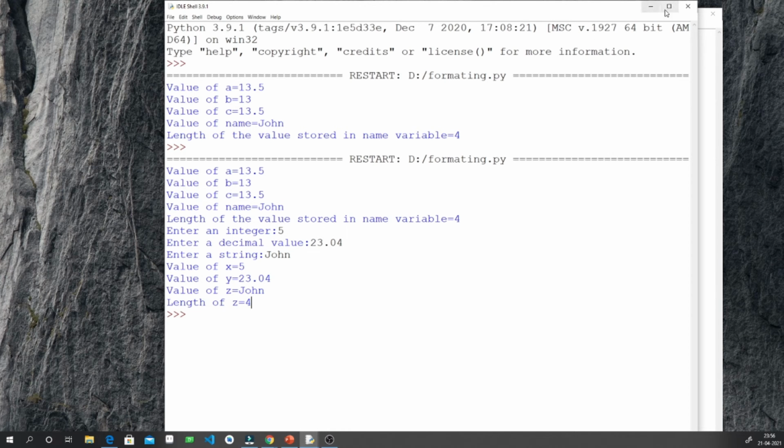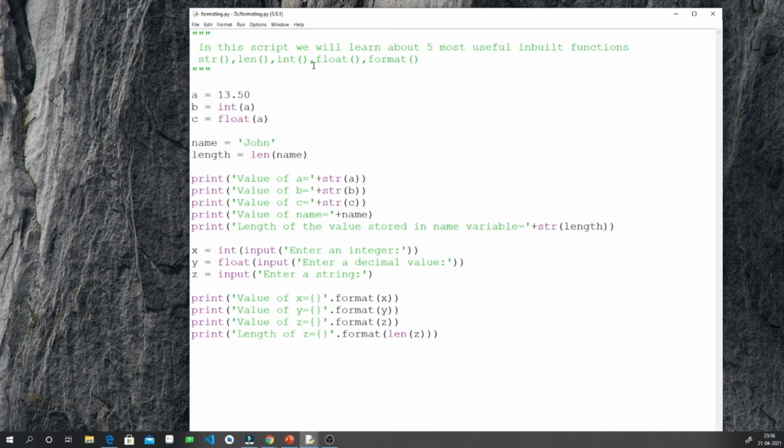So now I will close this and write some more code. I will show you how to use the format function if you want to print more than one value. Here I have printed only one value, but you must know that you can print any number of values using the format function.